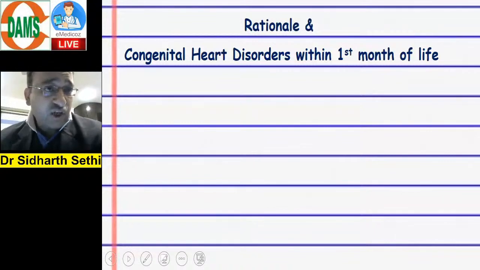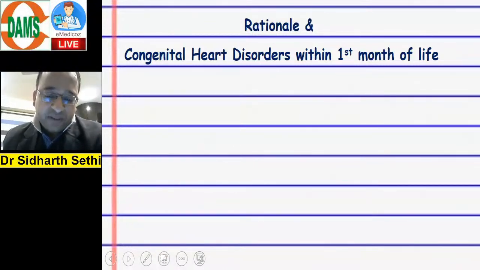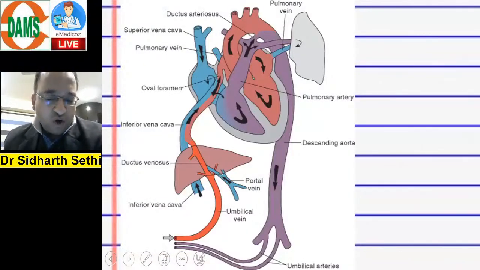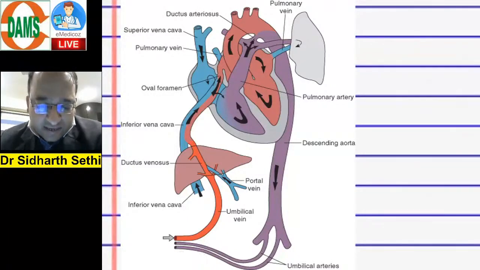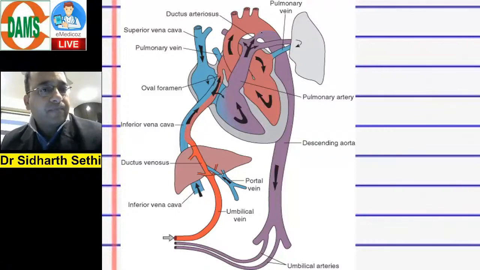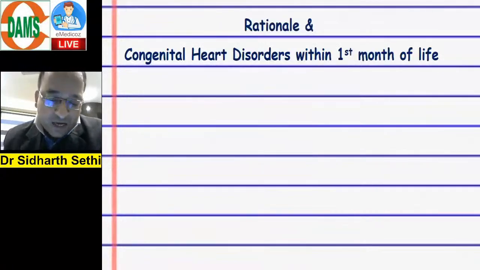So what is the rationale of pulse oximeter, guys? The rationale of pulse oximeter is, all of you have heard about fetal circulation, that we have a ductus arteriosus here which connects the pulmonary artery to the aorta. Okay, so we have a fetal circulation in which we have ductus arteriosus which joins the pulmonary artery to the aorta. So the rationale is, guys, that ductus